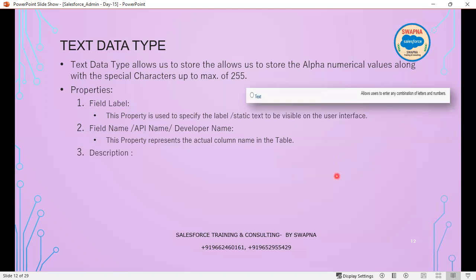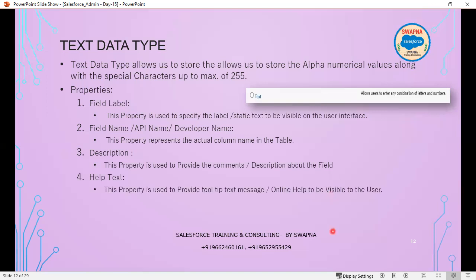Now the next property is called the description. The description property is used to provide comments and a description about the field. The next one is the help text. Help text is the property used to provide a tooltip text message, an online help message visible to the user. Now, what is this help text? Help text is nothing but